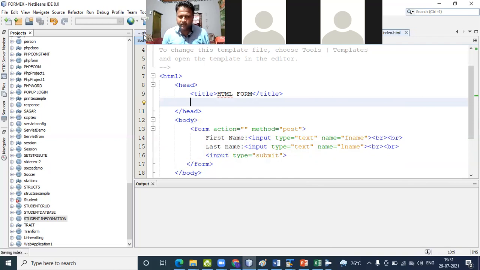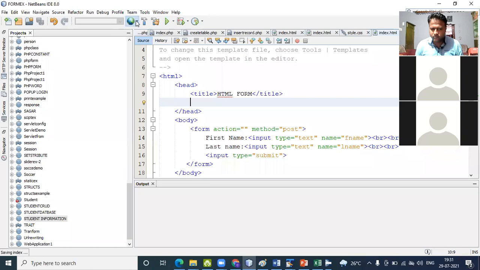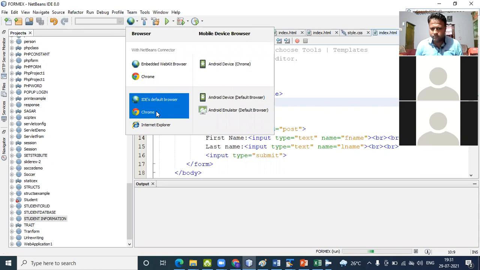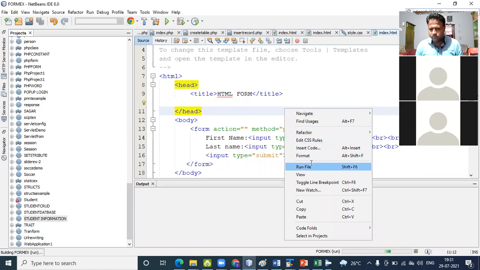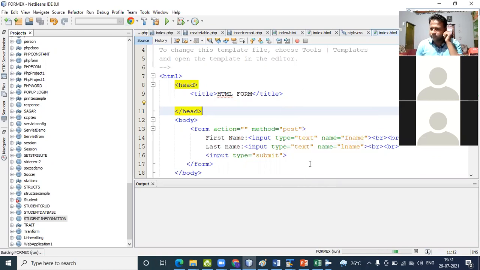So I run the file here. It shows the actual form that we're using.